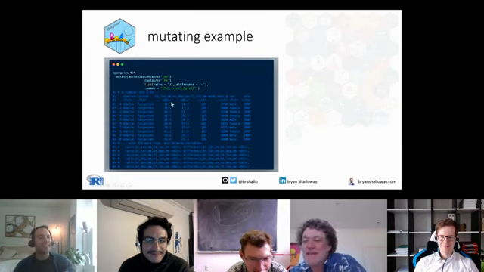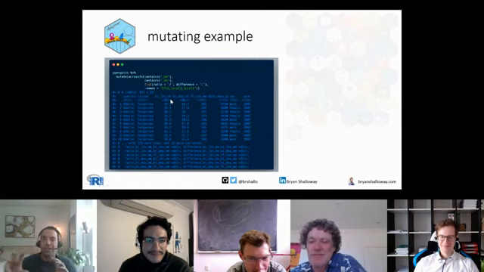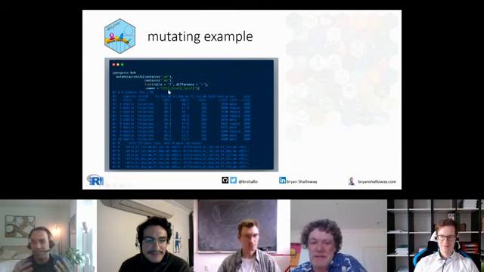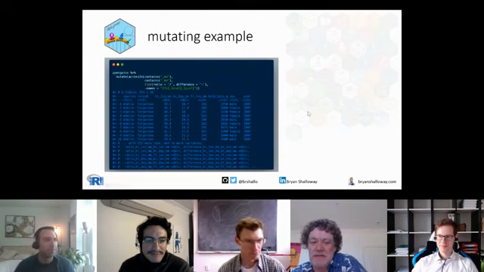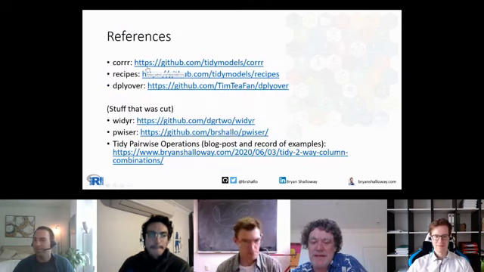Okay, that's fine. I want to call it that. I think it's really nice that you have this consistency between your mutating and summarizing pairwise operations in this package. Again, there's a bunch of other functions in this package I think are really great and worth looking at too. So here are links to.